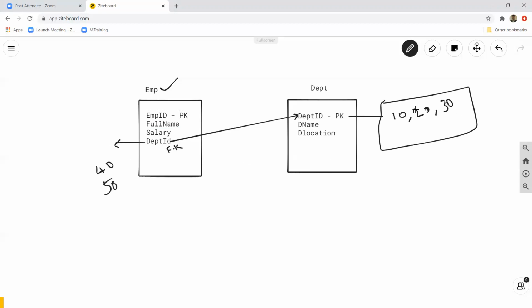It should only pick from the list defined as the primary key, because this department ID is defined as a foreign key referencing the department ID in the department table. So this is the meaning of defining a foreign key on a column.